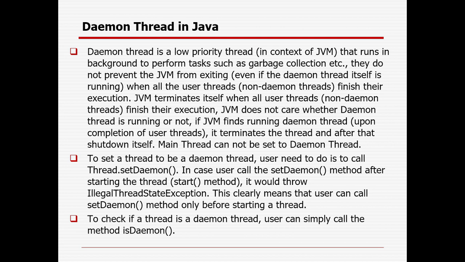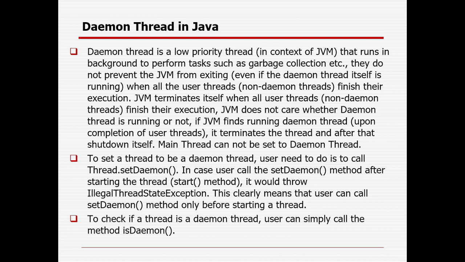In case only one thread is there, you cannot mark it as a daemon thread, otherwise it will create a problem. If you have at least two threads, you can make one thread a daemon thread so that it will clear the other thread once they finish their work. If you want to set a thread as a daemon thread, you need to use thread.setDaemon, and to check, isDaemon. That is the simple part. Once the thread is already started, you cannot make it a daemon thread. Before starting, you have to make it a daemon thread.